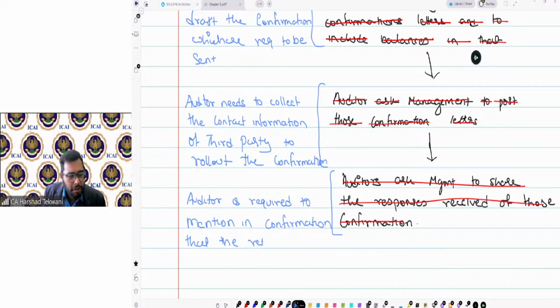The return reply should be to the auditors directly.